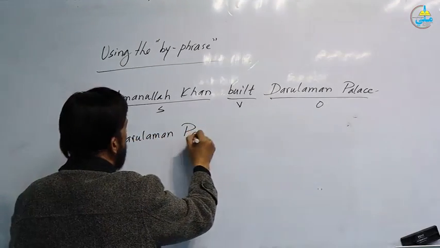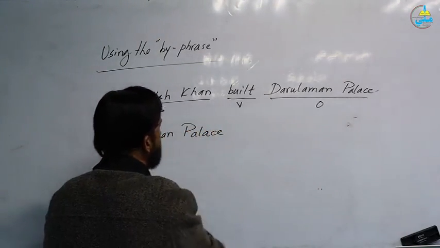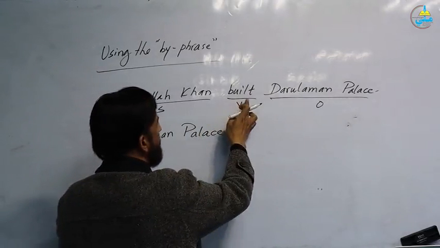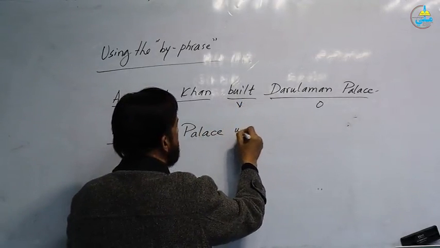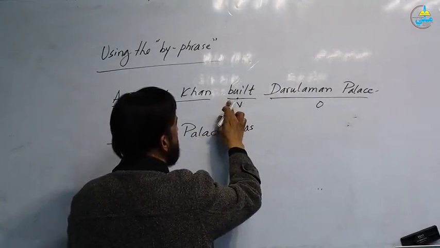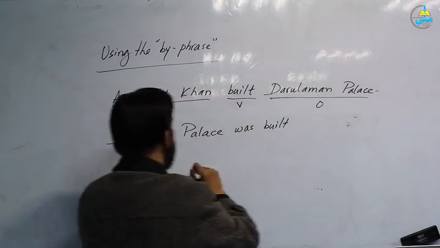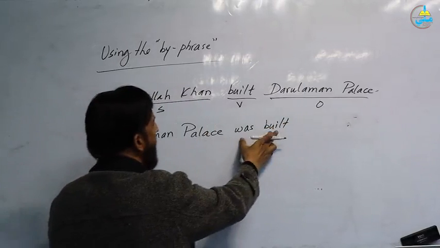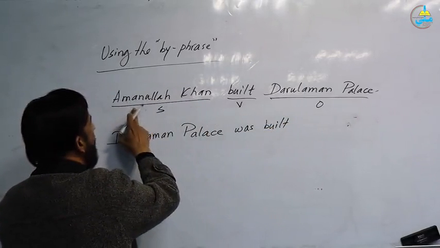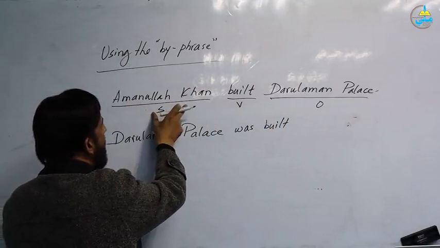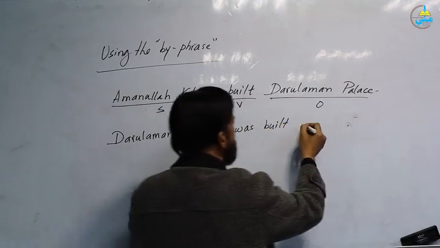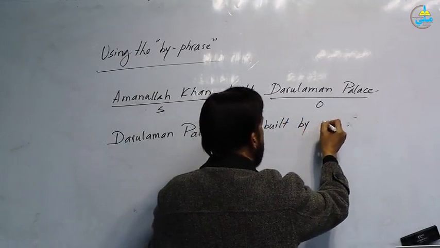Darul-Aman Palace. Since the verb is second form, we use was. Then the verb, we change it to third form. The third form is also built. Darul-Aman Palace was built. So here, we bring Amanullah Khan or use it in by phrase because this is important information. By